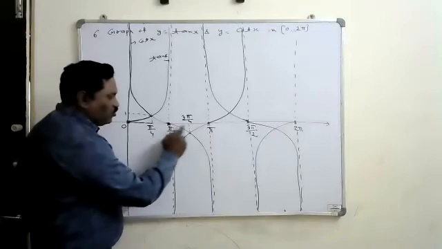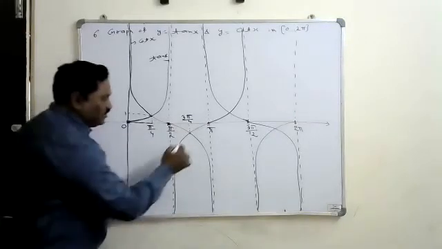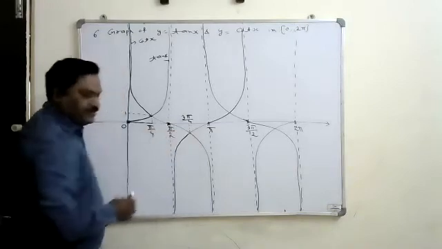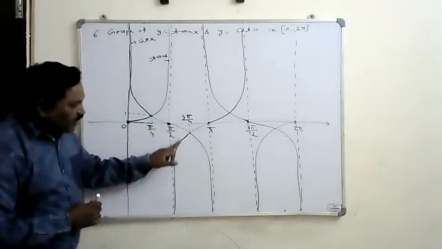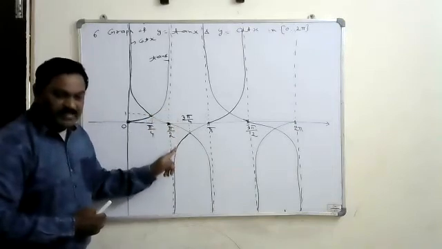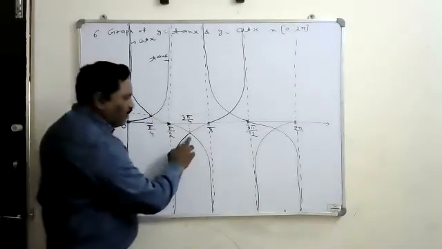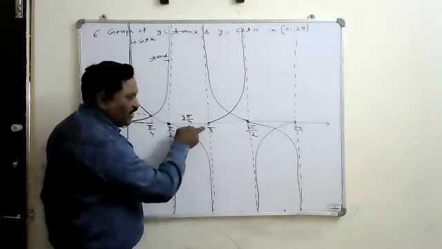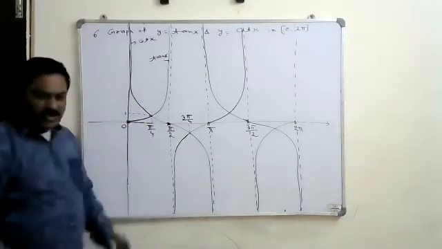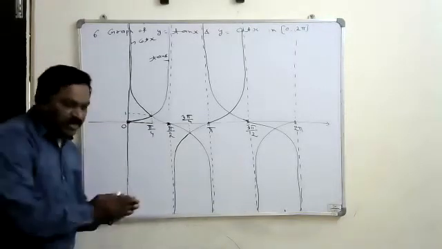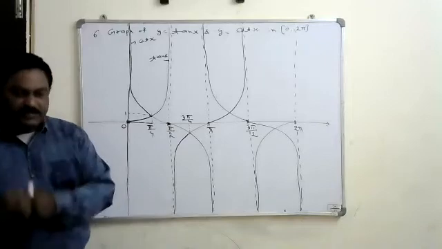Now here pi by 2 to 3 pi by 4, if you observe there, this is the graph of tan x. This is the graph of cot x. So here cot x is bigger than tan x. Tan x is the lower curve, cot x is the upper curve. Similarly, 3 pi by 4 to pi, again this is tan x and this is cot x. So tan x is bigger than cot x. Like that you can compare both tan and cot, then you can identify in which interval tan is bigger and in which interval cot x is bigger.